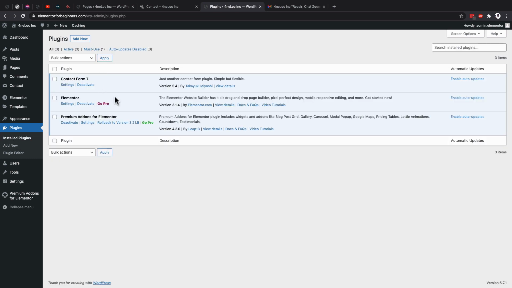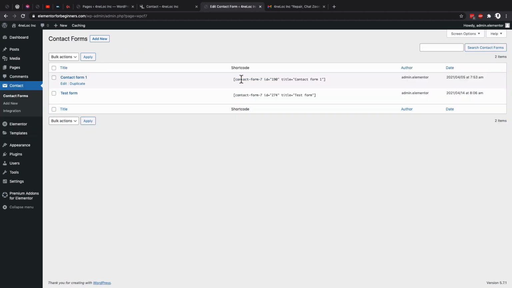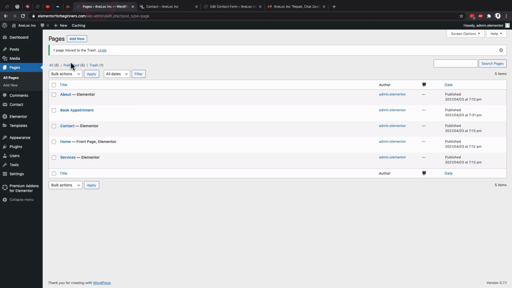After installing our Contact Form 7 plugin, what else to do? There will come a menu option over here called Contact, and once you click over there, you see a default contact form created. This is created once you install the Contact Form 7 plugin. What I'm going to do for now is to copy this shortcode, and I'm going to come here to my